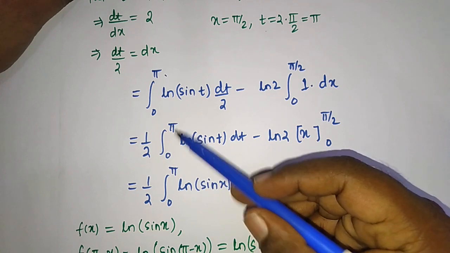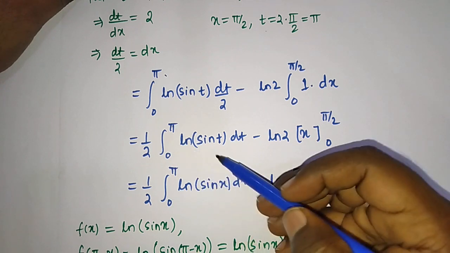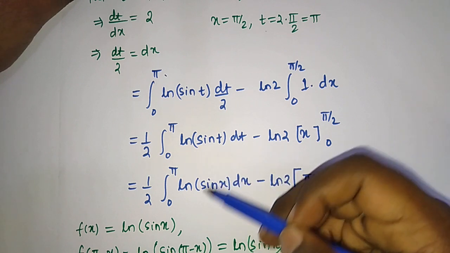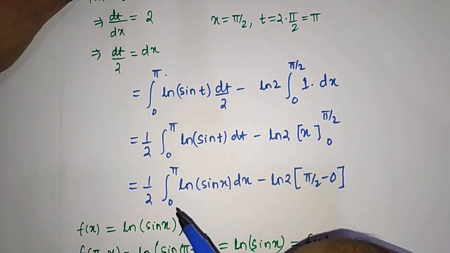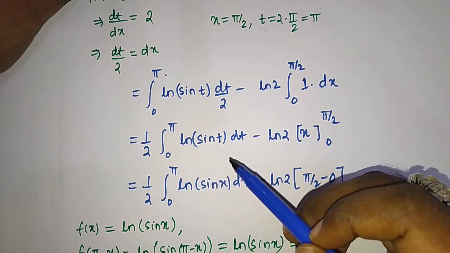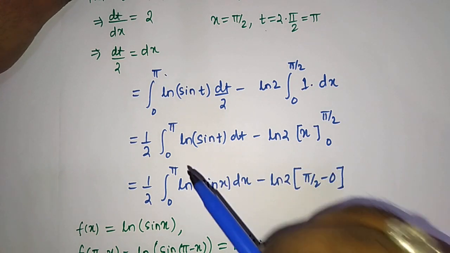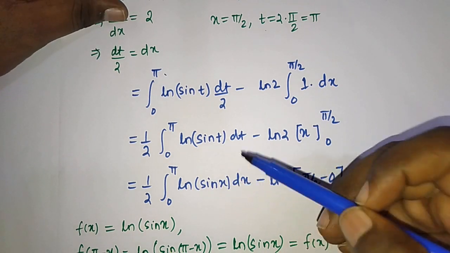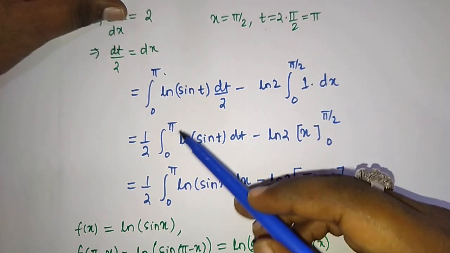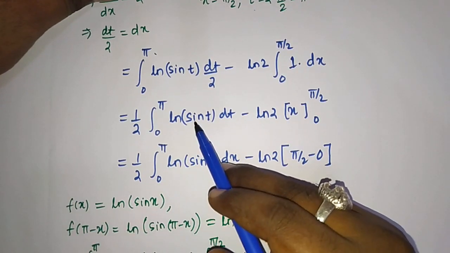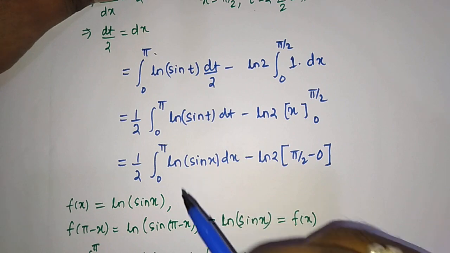Suppose here you see, here I am keeping these limits same. Here 0 to pi is there, here 0 to pi is there, and function is also same. Here ln sin t dt, ln sin t is there, here ln sin x. Functions are same, only variable is different. Using first property, we can use the first property here. So here I have changed its variable only. The value of integration will not change. Okay, so here I have used that property 1.